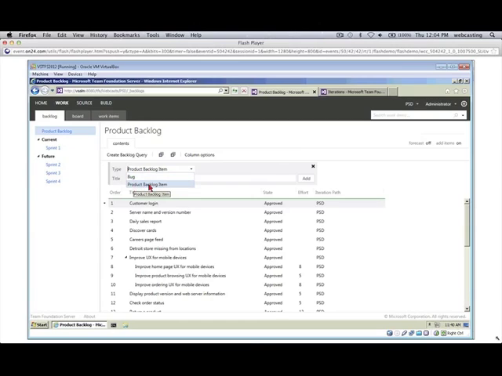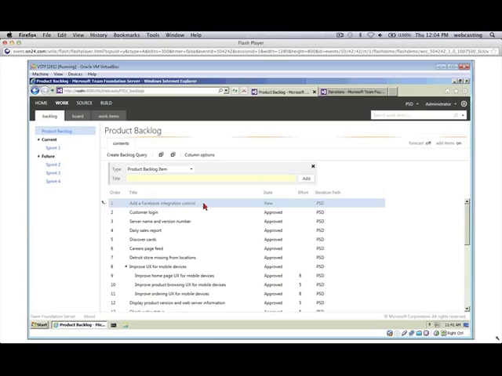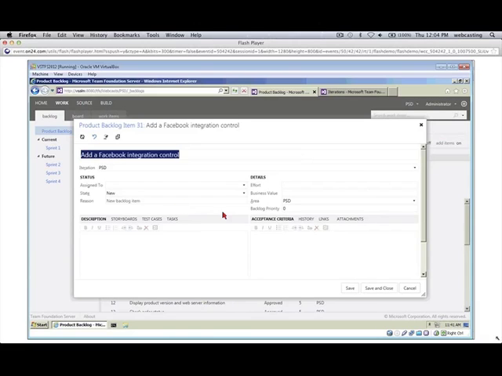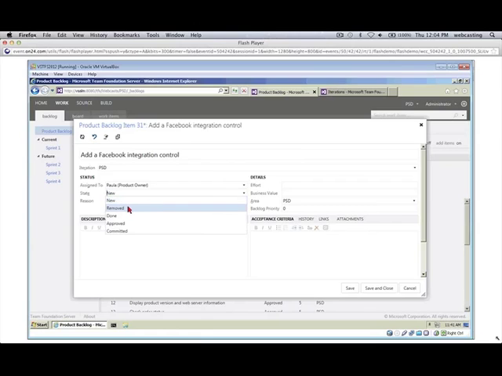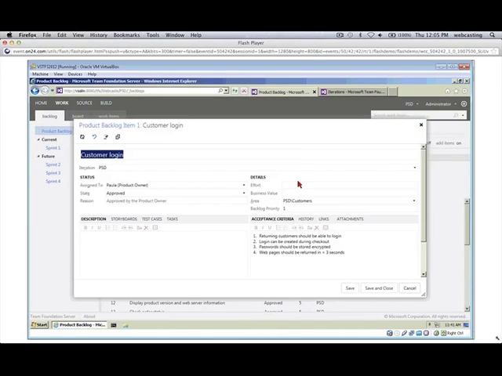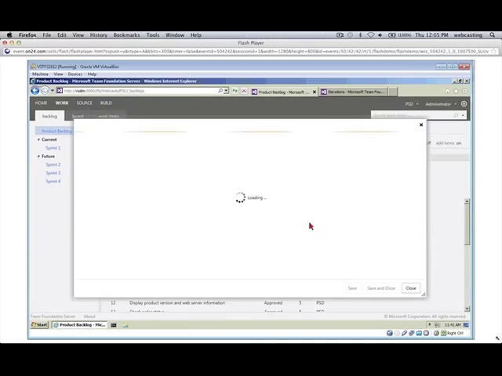So I'll leave this, quickly add it in here, maybe double-click this guy. I do recommend some things in the product backlog, like maybe all the PBIs are assigned to the product owner, and the product owner looks at them and says, I approve of that, and maybe the team gets together and does an estimation, and that's going to be about an 8 story point problem. And we'll save and close that guy. And let me just pop a couple other ones in here real quick. We'll do a quick estimation exercise. So there's an 8 and a 5, and server and version number, maybe that's a 3.